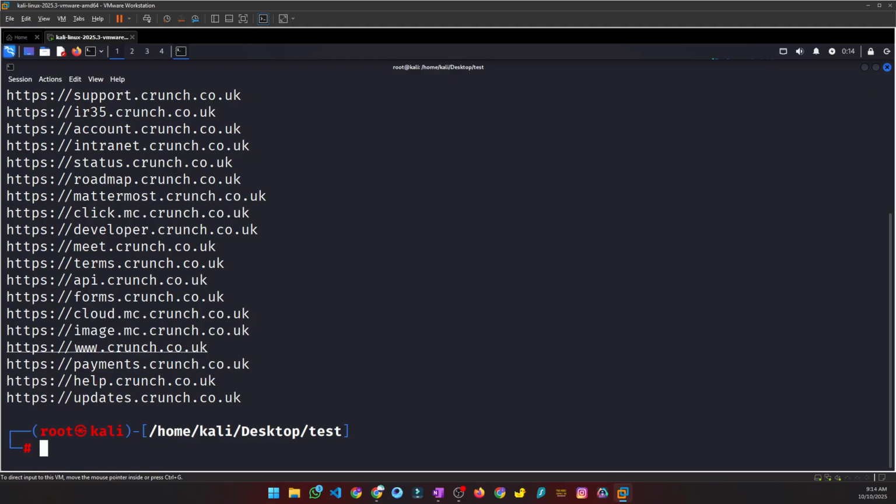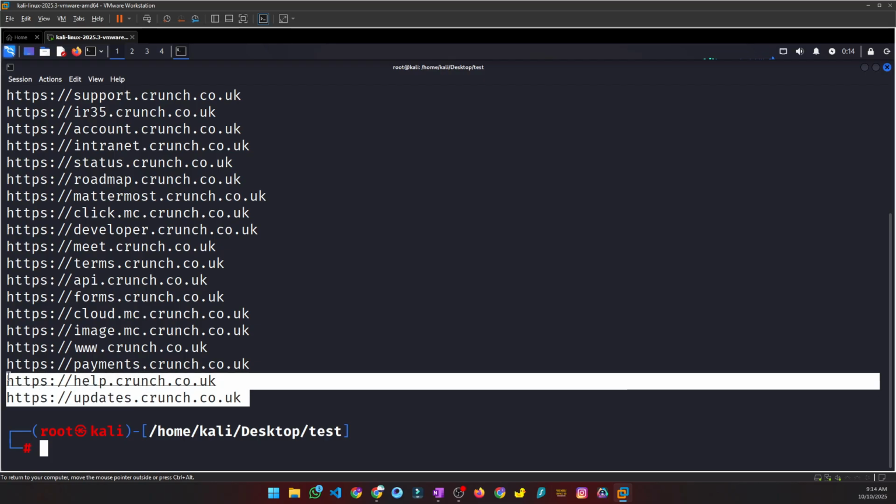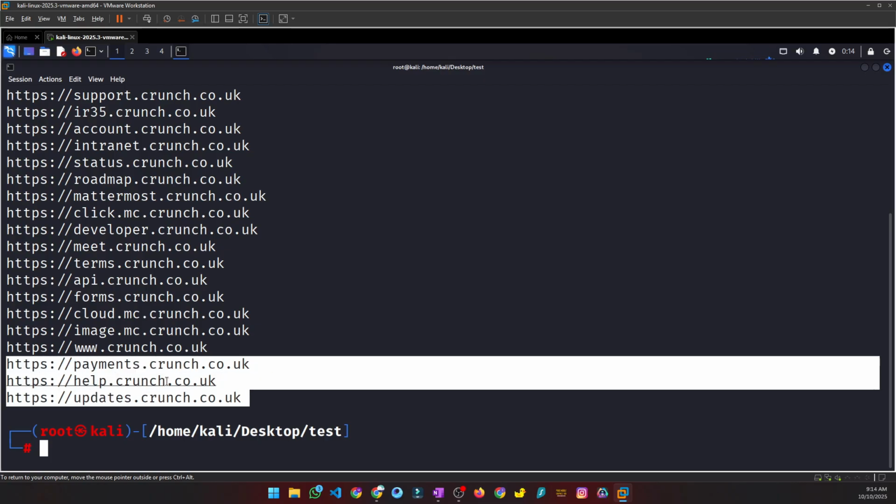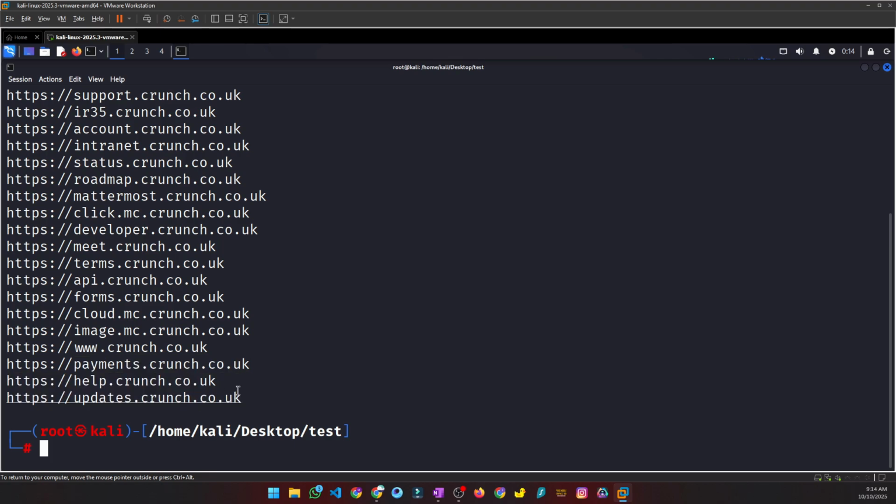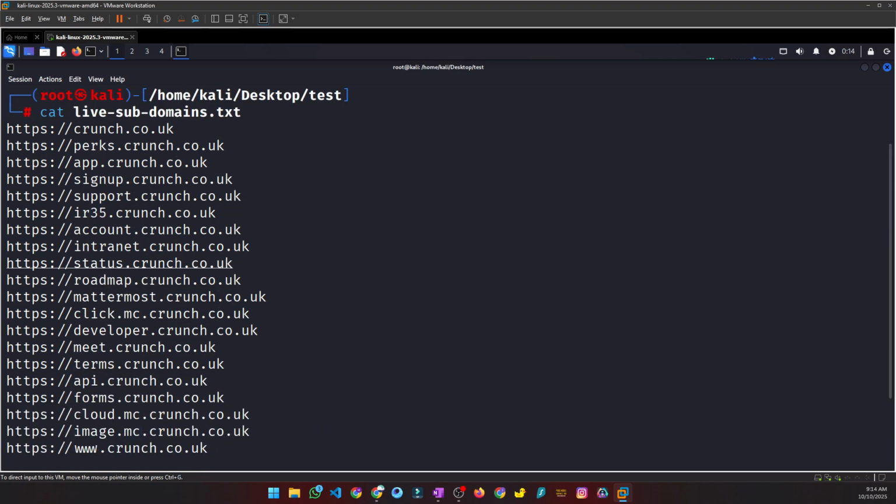You can also install another tool called Katana that will help you pull out all the endpoints or parameters that are available, and after that you can scan those parameters as well. I'll be teaching you about those things, so don't worry, stay with me. The next thing that we will be doing is